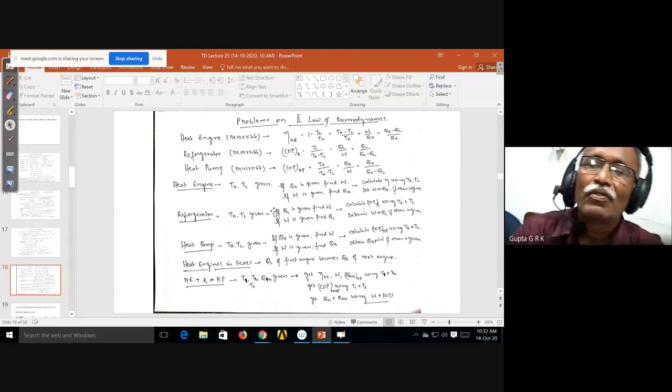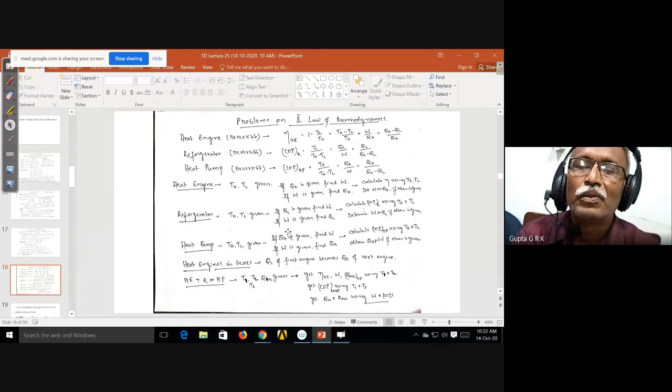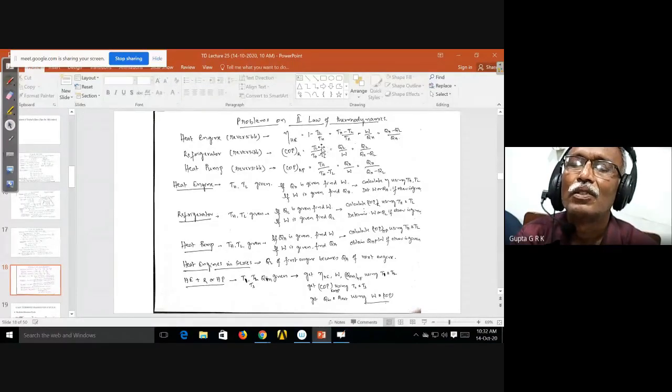When you come to the second law, okay, it is very simple. So mainly these things you have to remember. If it is a reversible heat engine, the efficiency is equal to 1 minus TL by TH. Okay, so this is TH minus TL by TH. In terms of heat and work, this is W output by Q input, heat input, W by QH, or QH minus QL by QH, or 1 minus QL by QH.